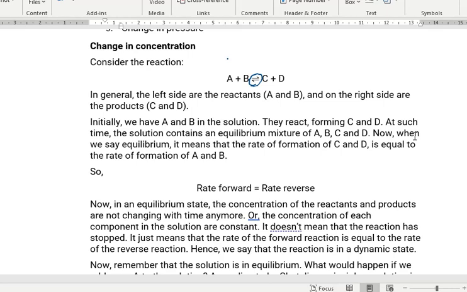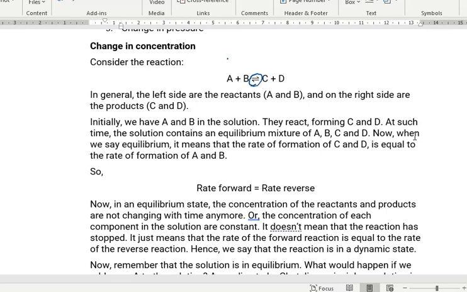It would take years before we could see it. So it's not right to conclude that a reaction is irreversible just because you don't see a change, a reversible change. Okay,